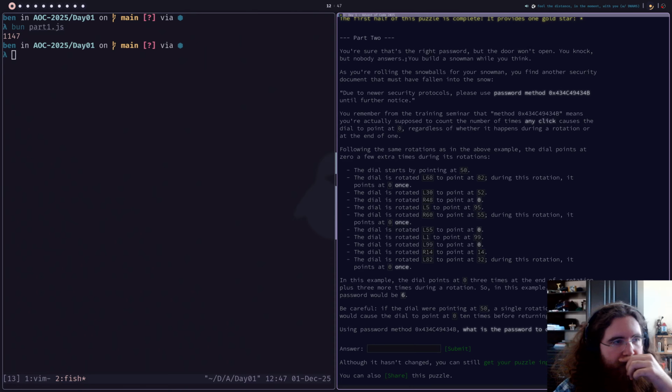So, you're sure that's the right password, but the door won't open. You knock, but nobody answers. You build a snowman while you think. As you're rolling the snowballs for your snowman, you find another security document that must have fallen into the snow. Due to the newer security protocols, please use password method hex until further notice. You remember from the training seminar that the method